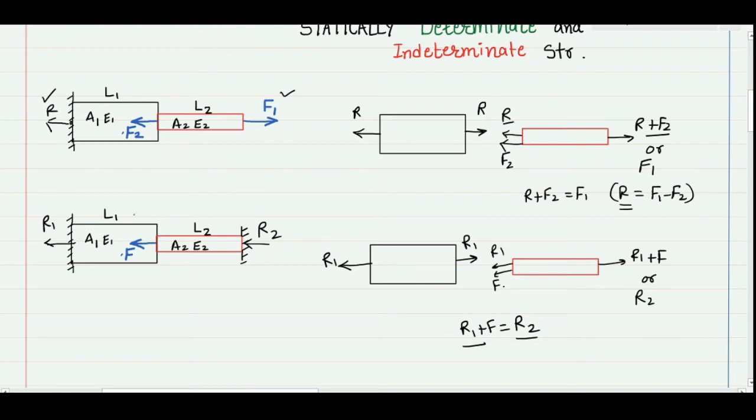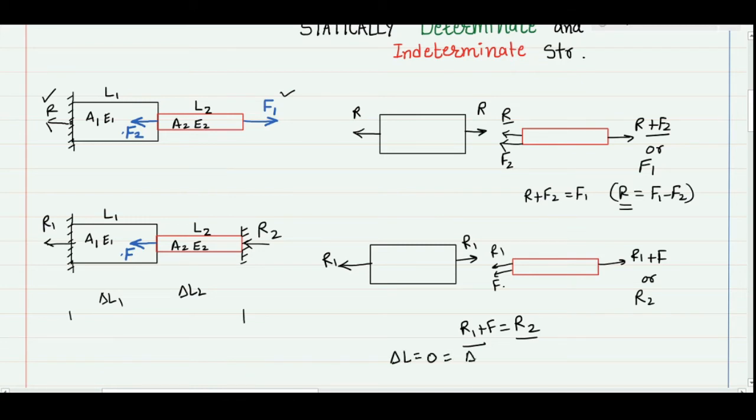In case of the bars in series connection, we know that the total length of the system will not change. However, one of the bars is going to undergo contraction. On the other hand, this bar is going to extend in length. That means the individual change in length exists there, but the net change in length will be zero. So I can write one equation from the deformation of my system. That will be what? That will be total change in length will be zero.